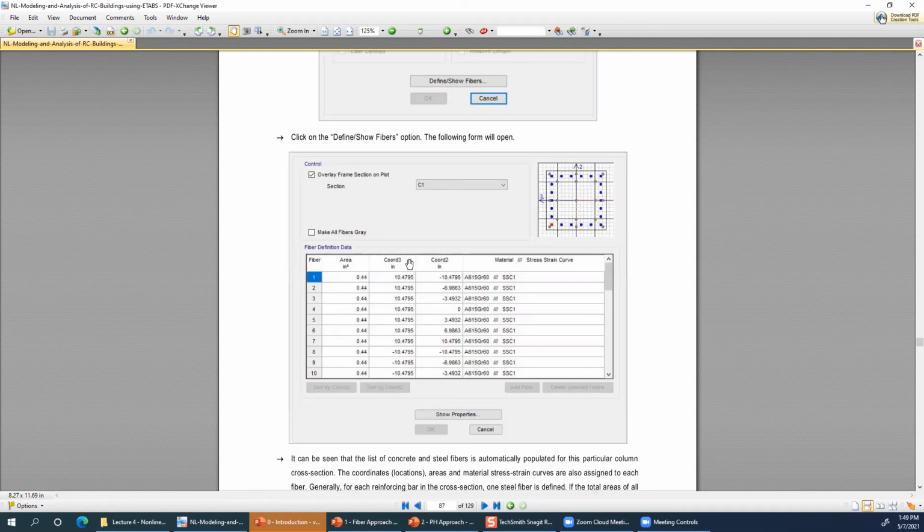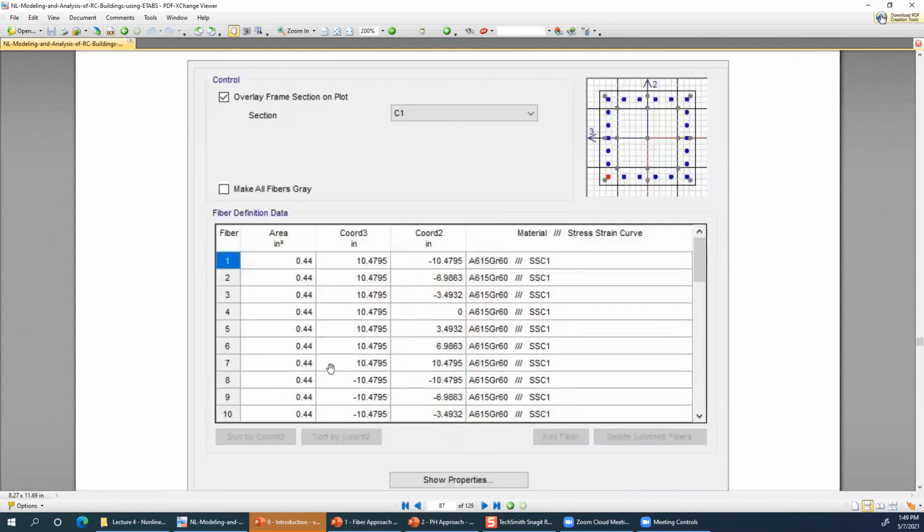So you can see in this figure that the software has actually divided the cross section with the actual reinforcement in this manner, that each of these entries is one fiber, and each of these entries has an area, and a 2 and 3 axis location, which means the location in the cross section, and each of these fibers has a particular material property assigned to it, and that material property has the nonlinear stress strain behavior automatically.